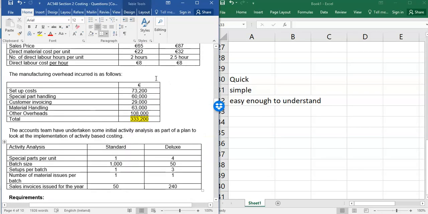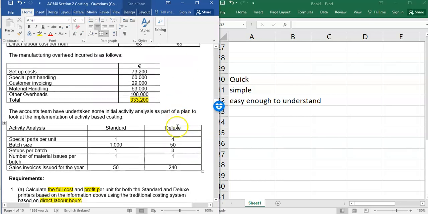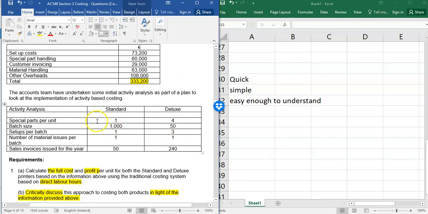The difference in hours, there's not that much of a difference, 2 hours and 2.5 hours. Whereas you come down to the difference in the use of special parts. And we know that's a key cost pool up here, in terms of material handling or special part handling. The difference in the size of the batch sizes, which can link to setups. The difference in the number of material issues, which is none here, sorry, so that doesn't really make much of